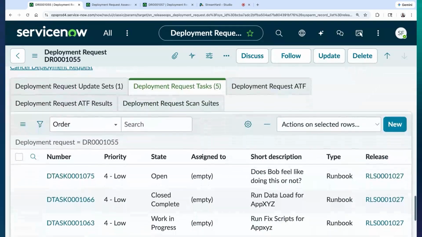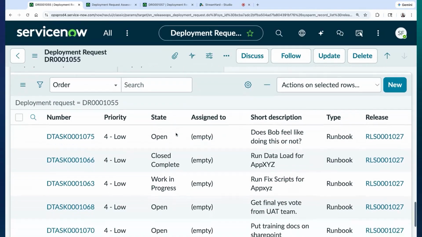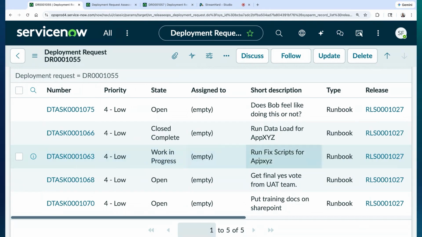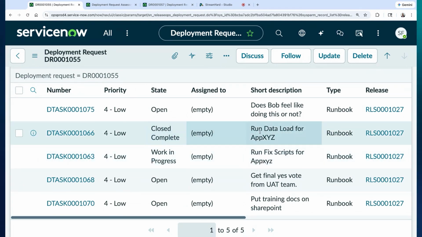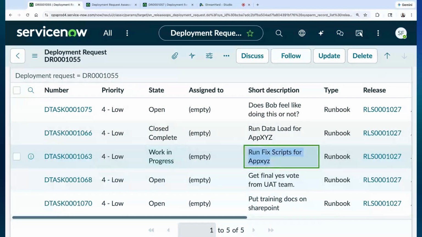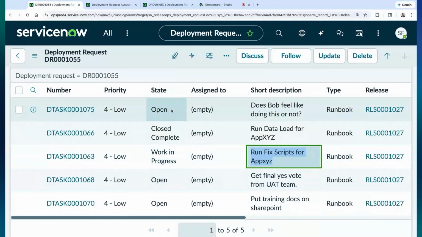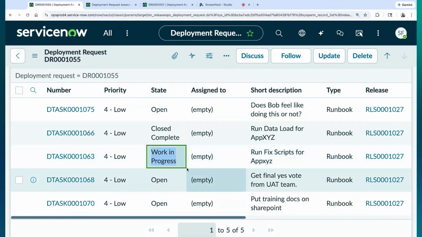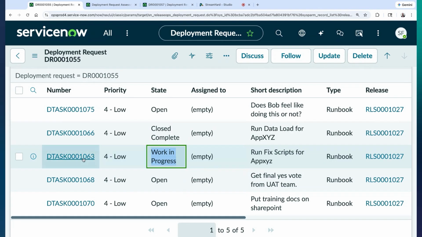Okay, so now this deployment request is up to 5 runbook tasks. We'll also see that one of them, the run fixed scripts for app XYZ, or the run data load for app XYZ, that's already come and gone. They're done. And we're currently in the work in progress of run fixed scripts for app XYZ. So they're marked as open as soon as you create them, but we don't count them as actually working until they're work in progress. Okay, so I'm just going to pop this one open